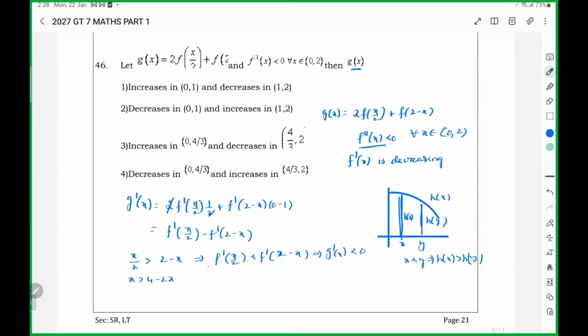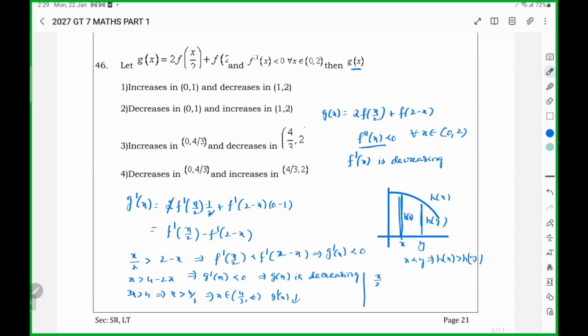So here g of x is decreasing, right? That is, 3x greater than 4, x greater than 4 by 3, means x belongs to 4 by 3 to infinity, g of x decreases. At the same time, where it increases,